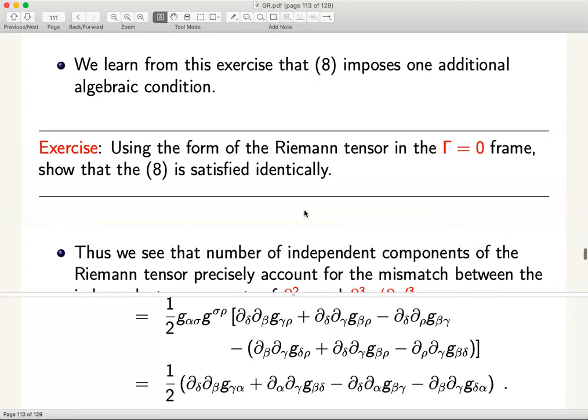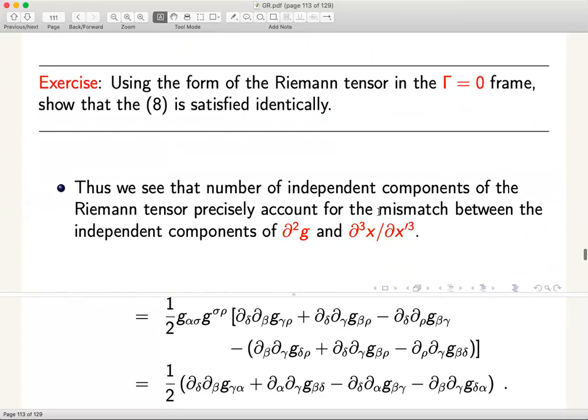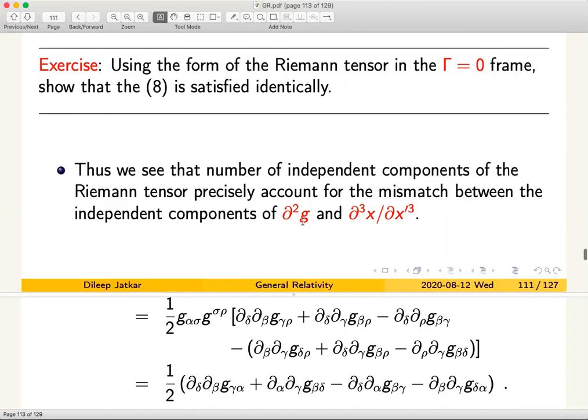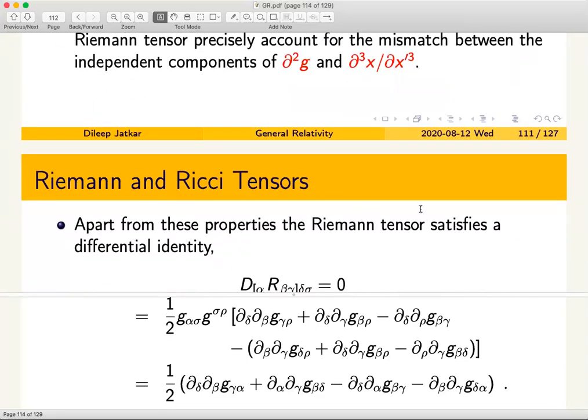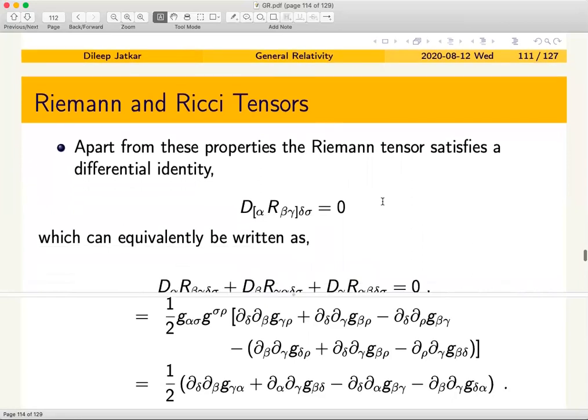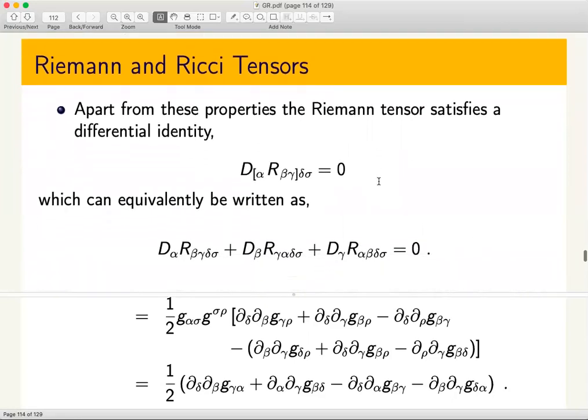So what we have achieved is that you can use appropriate coordinate transformations to reduce the independent components of the second derivative of the metric to 20 components, which can be correctly characterized by the Riemann tensor. So we have figured out how the remaining independent components can be written in a tensorial form, and therefore those components would stay in any coordinate system, because we have used the tensorial property. Okay, fine. So let's try to define some other tensors starting from the Riemann tensor.